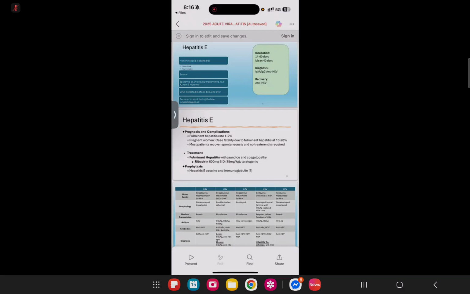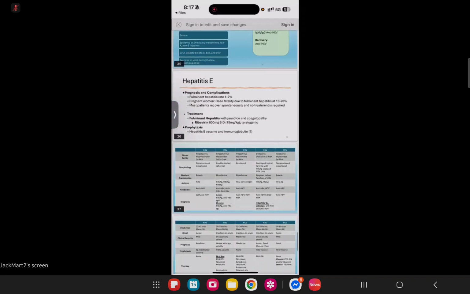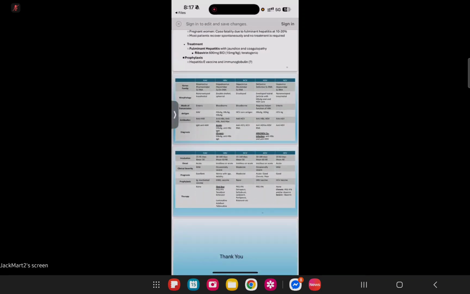So let's emphasize the prevention aspects of hepatitis E: ensure safe water supply and proper disposal of sewage, proper hand hygiene and safe food handling practices. Vaccines against Hep E have been developed and tested in certain countries, but again, not yet widely available. Passive immunization or immunoglobulin remains uncertain and is not routinely recommended. Thus, public health measures remain the cornerstone of hepatitis E prevention, especially in outbreak-prone areas. So I think that's it for hepatitis E.